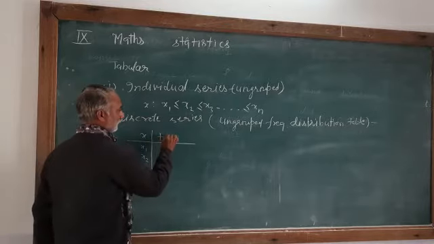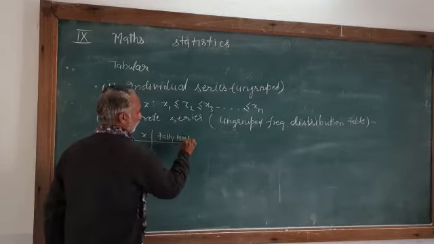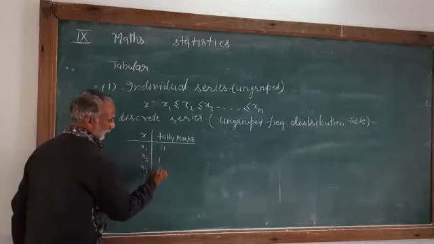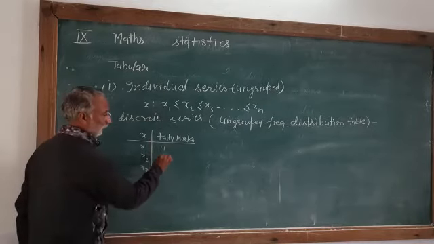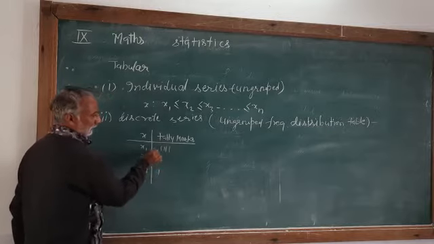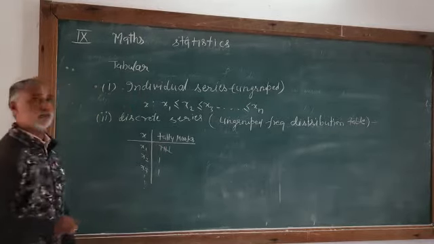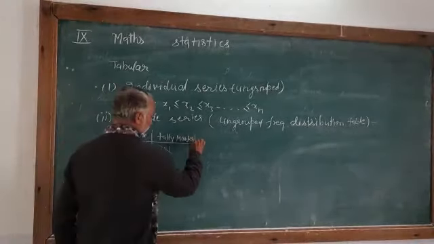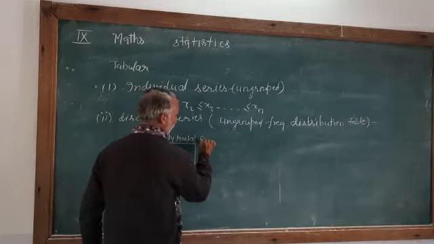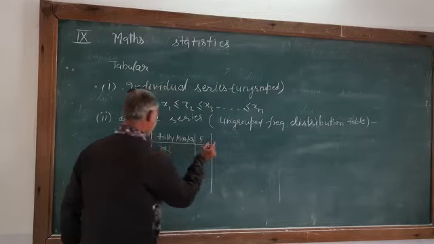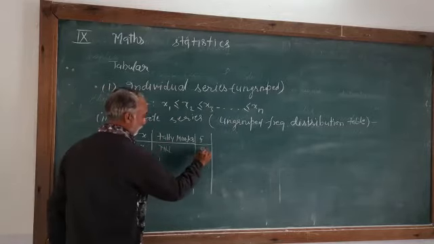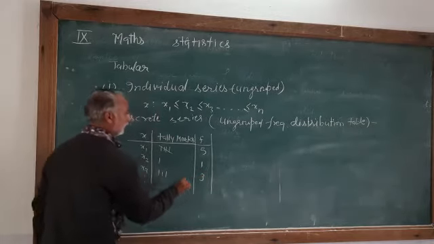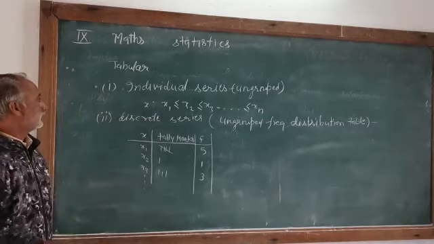Then tally marks. In case you require, tally marks are like this: one line for one data. As soon as the fifth line comes, make a cut across those 4 lines. This will represent a bundle of 5 data. Then the number of observations, which is called frequency, denoted by f. So how many times does x1 come? We write here, like, 5. How many times does x2 come? 1 time. How many times does x3 come? Suppose this is 3, then 3 times. This format is called discrete series.